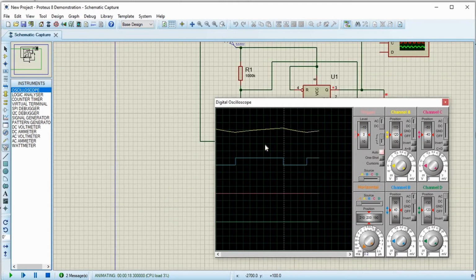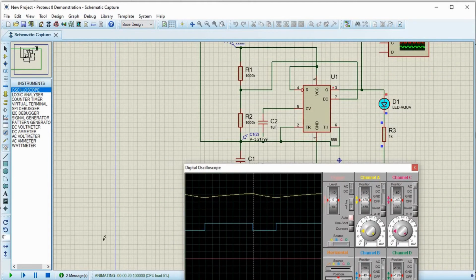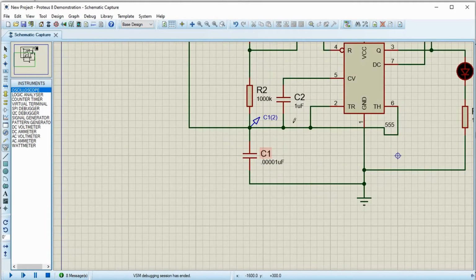There's some issue. What is the issue? Okay, okay. This is not the ground. It is not where it should be connected. That was affecting our charging and discharging time. So let's see now.